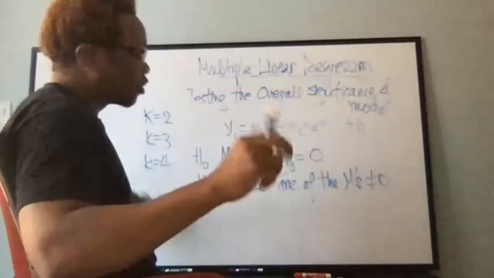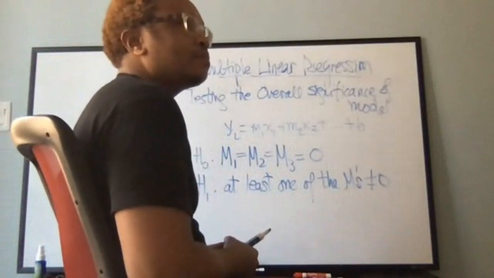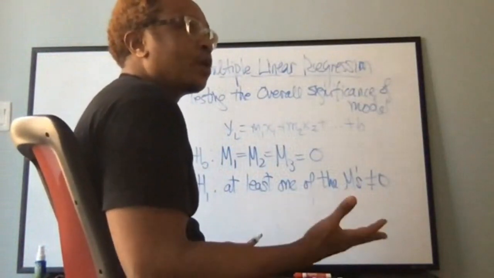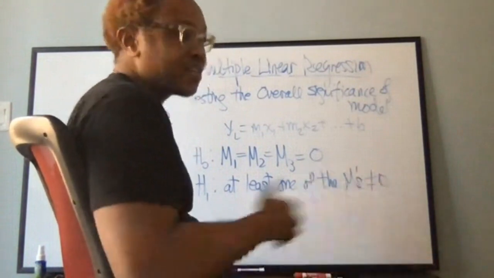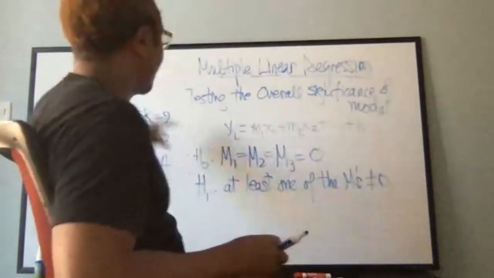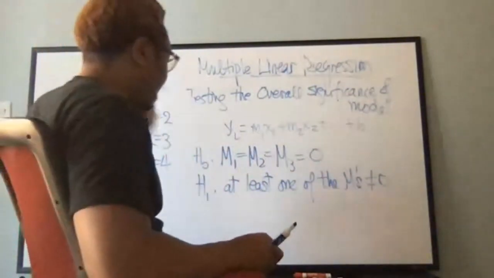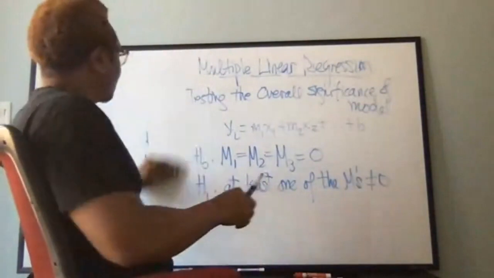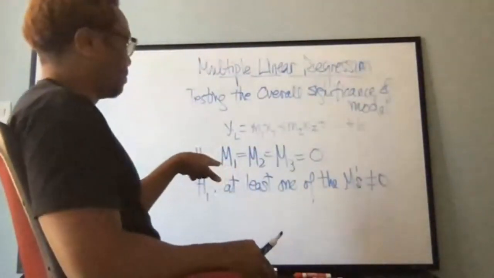So in the quiz, it asked you a question: what is the purpose of adjusted R squared? I think that was a question. That's when you want to compare models when you have different values of K. Okay, well, anyway, when I go to this particular problem here, the first thing I do